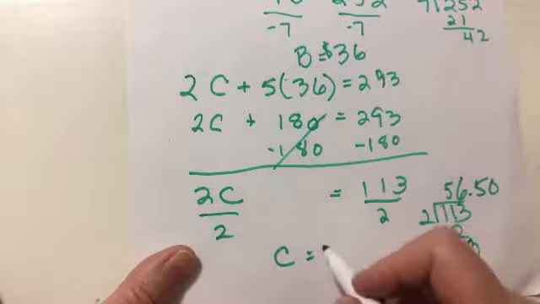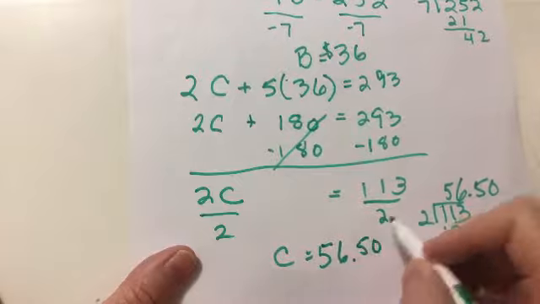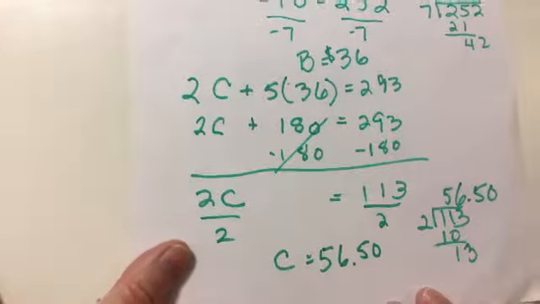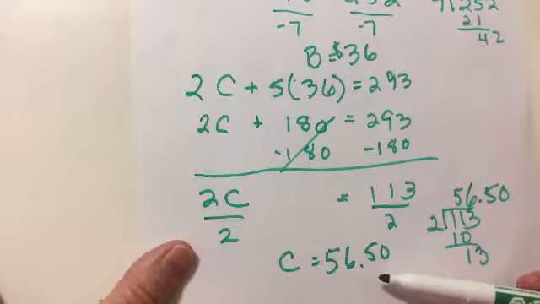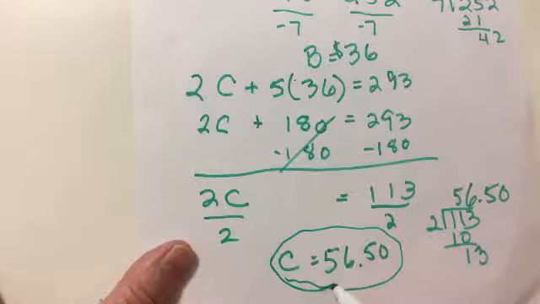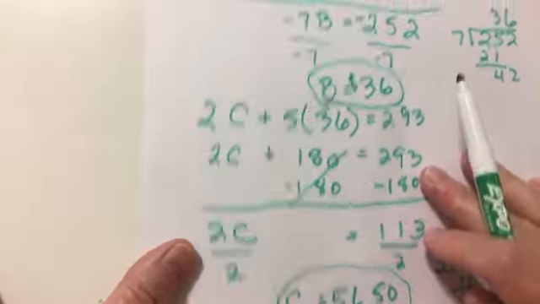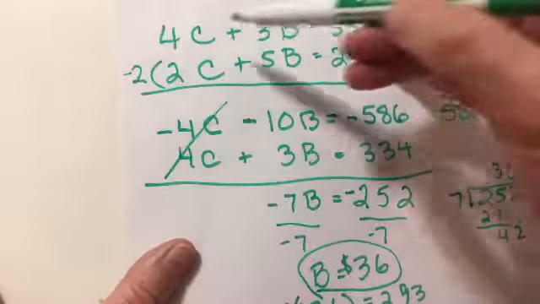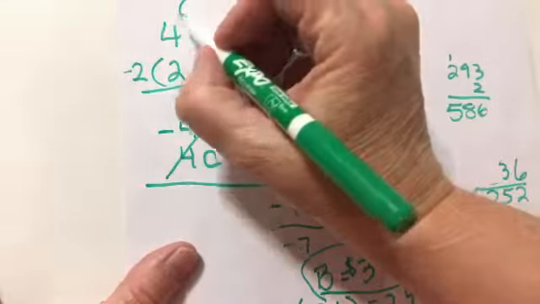So 56.50, those are quite expensive. Okay, so now I used the second equation to find my value for C. To be sure, I should go to the other equation and plug in both my C and my B and check. So I go up here to the very first equation and I'm going to plug in for the C